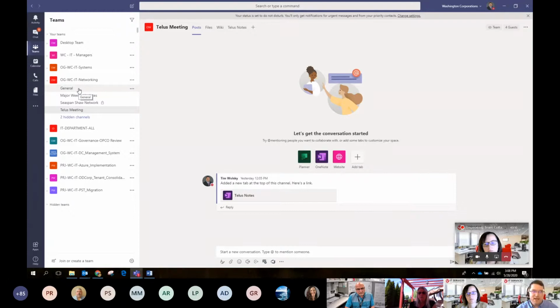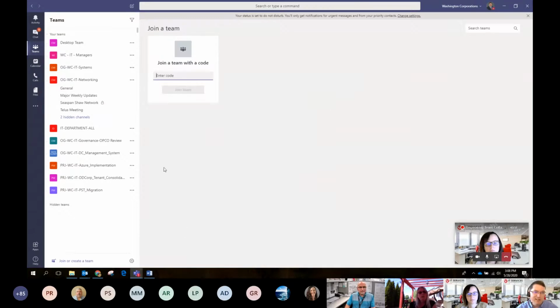Understanding the differences between a public team and a private team, and why that's important, is because if you go down here to try and click, hey, I want to join or create a team, I need to be able to change this. So right now, there are no public teams that I could join. If there were teams on here that were public, it would all sit in just